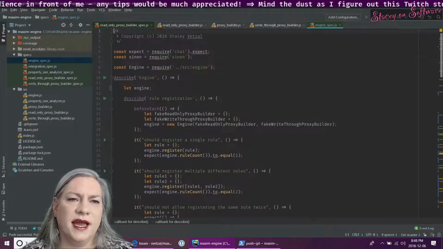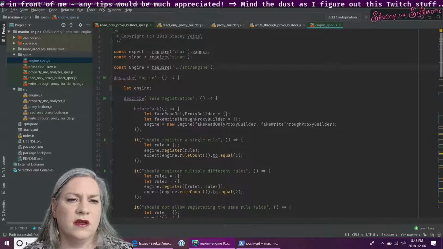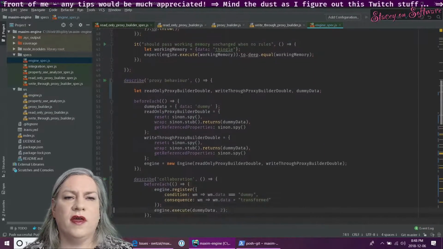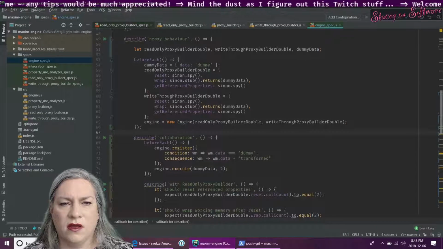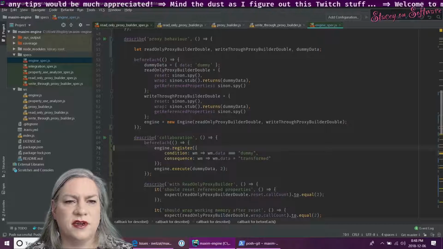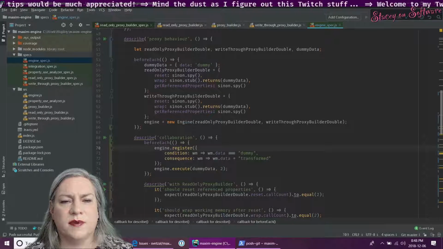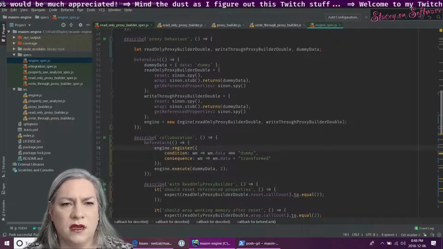That's interesting. The engine's being defined up here, and then newed up here, and then calling engine register in here. I would expect I have an engine at that point.